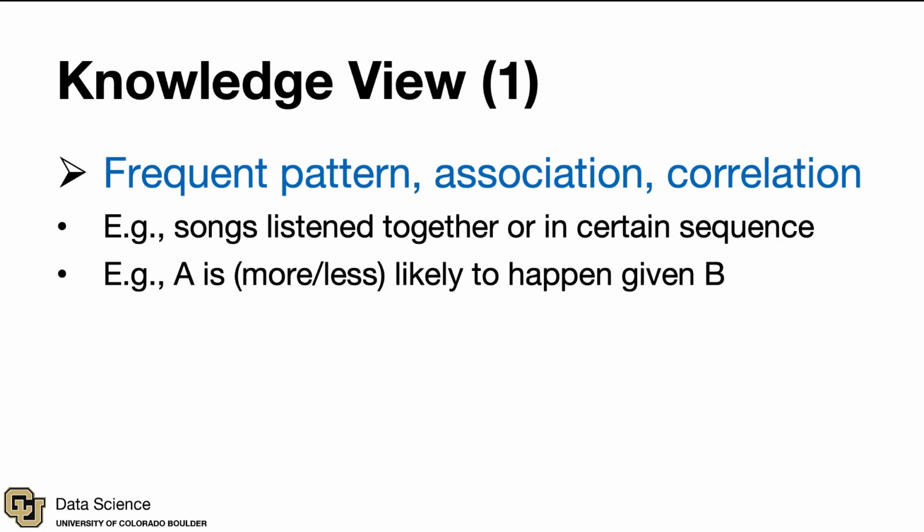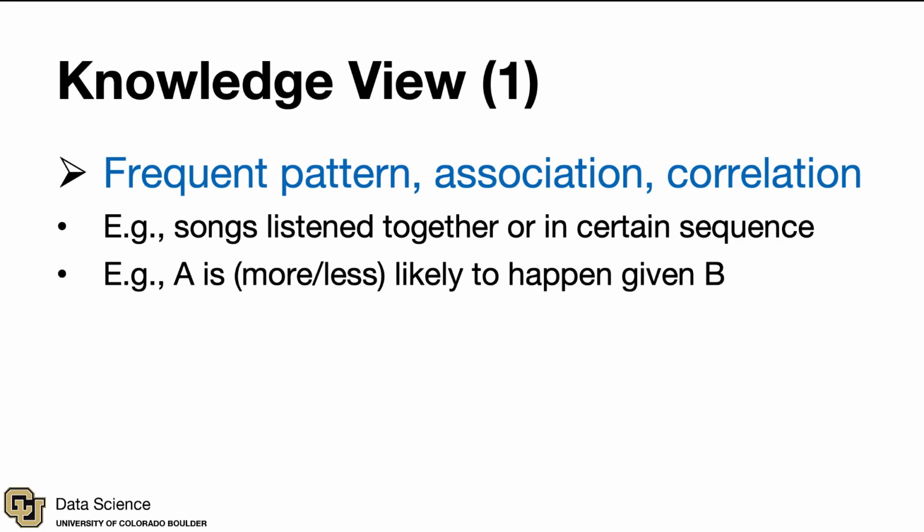As an example, if you look at the different songs that your customers listen to, you could ask which songs are listened to together, usually in the same listening session. Those songs tend to occur together, and that would be very useful for you to leverage